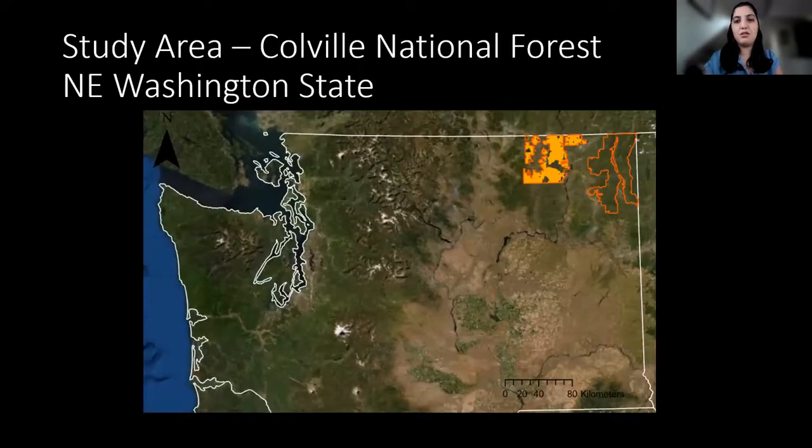And so before I go into things, I just want to give you a quick look at where we're talking about specifically. We are looking at the Colville National Forest in northeastern Washington state, and it's kind of divided into these two little regions here. And there's one portion on the map that is filled in, and that's the CFLRP, and that is what we have been granted to look at and analyze. So this is the part of the world that I'm talking about during this talk.